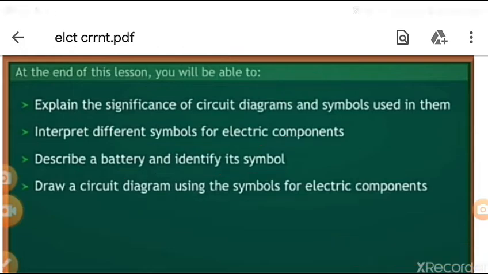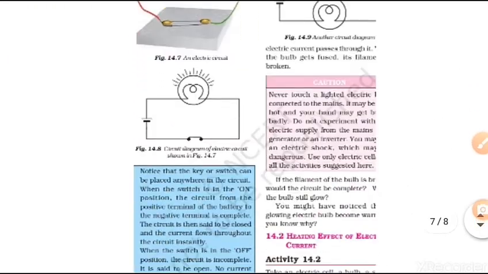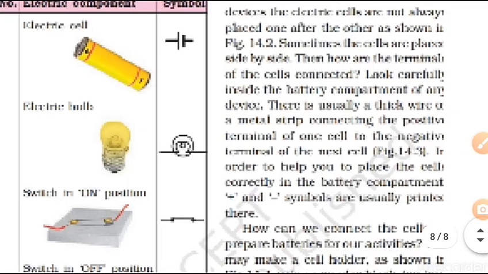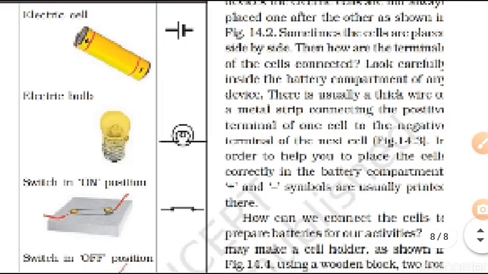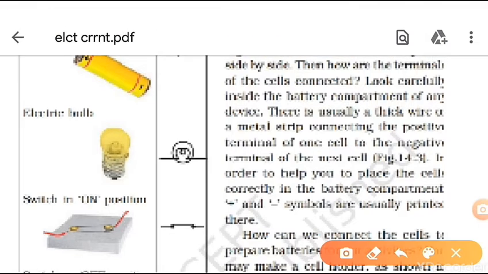Okay, let's start. First of all, you should know what the various electric components are. You are using so many electric components at your home. You use the cell, bulb, and switches daily to switch on or off, fans, tube lights, and so many electrical appliances. Then you have so many batteries at your home. Then wires are there. So you are quite familiar with these topics. You just need to learn their symbols and how to draw the diagrams.